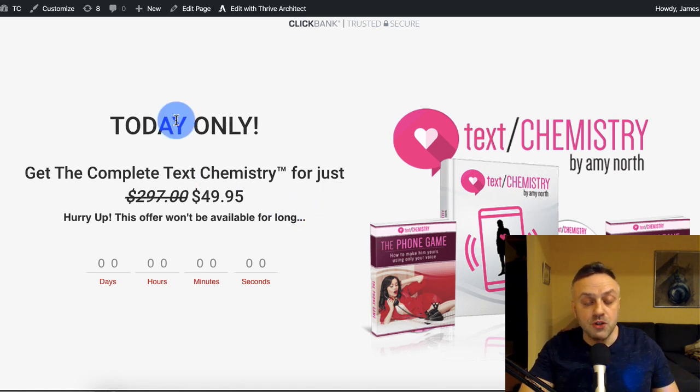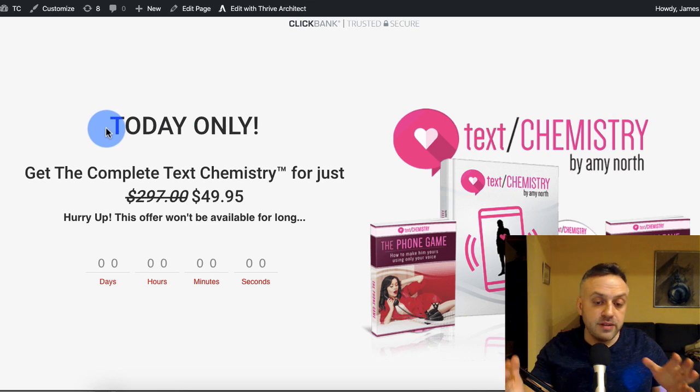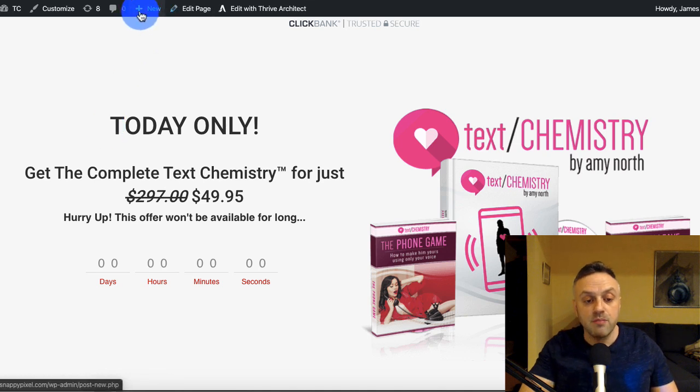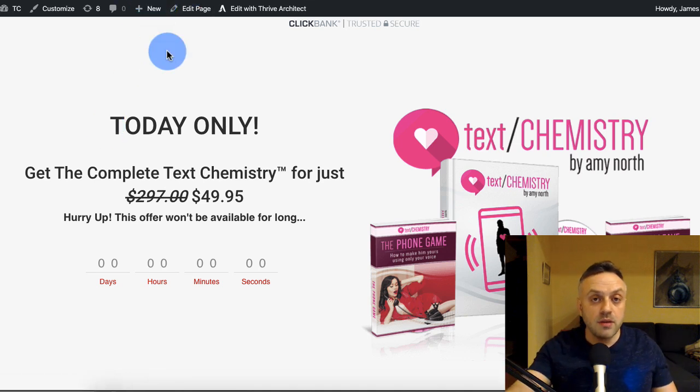Okay, so this is the second way of advertising on Facebook. You basically register a custom domain. It's going to cost you up to $10 per year. And you host it somewhere. It's going to cost you also a couple of bucks a month or something like that. You create a landing page, and now you can promote offers. Now it looks a little bit more legit, right? Because now you can just link to that custom domain.